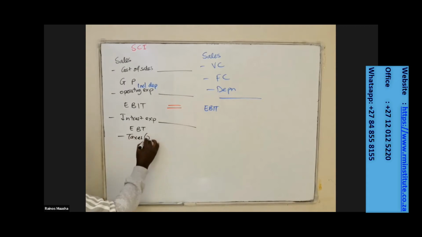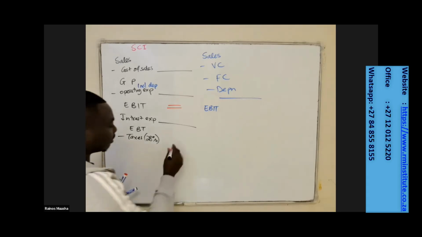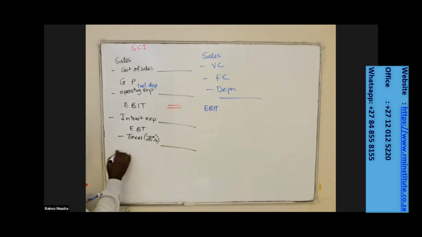And in most cases, they give you the tax rate at 28%, but take note, in every question that they're going to be giving you, if you need to be able to calculate the taxes, they will tell you exactly what the tax rate is going to be. Whether they give you 28% or they give you 30% sometimes, just make sure that you take note to see exactly what the tax rate is, but it's always going to be given to you if it's relevant for the particular question as well. So if you say minus taxes, this will give you the profit